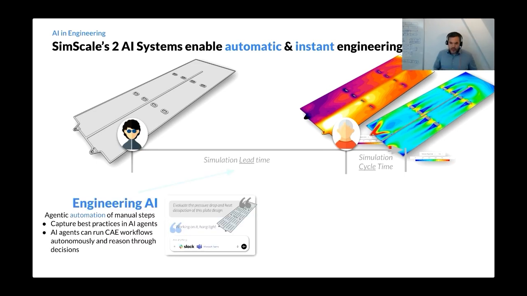And the first one that I'm going to show you is specifically for simulation, the engineering AI system. That's an AI system we've woven into SimScale, where a reasoning model is able to perceive and monitor the simulation context as a simulation is being set up with SimScale, can interpret it, can make decisions about it, can autonomously run simulation workflows, again, based on instructions and guardrails an engineering team has given to it.